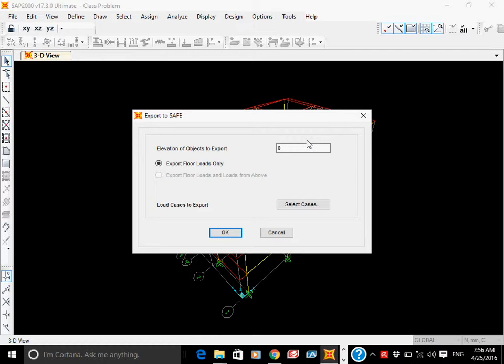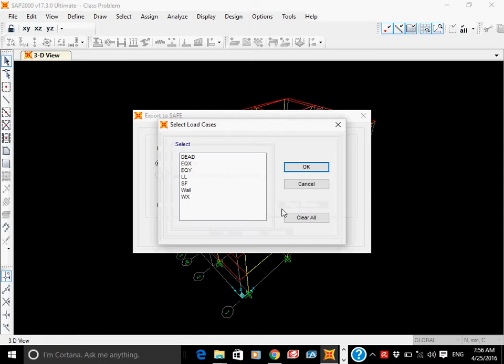For example, your foundation is at level 0, your first floor is at level 4000, your second floor is at level 8000, your next third floor is at level 11,500, and the last is at 14,000. So if you want to export the foundation first, just keep the same 0 and select the load cases which you want to export.